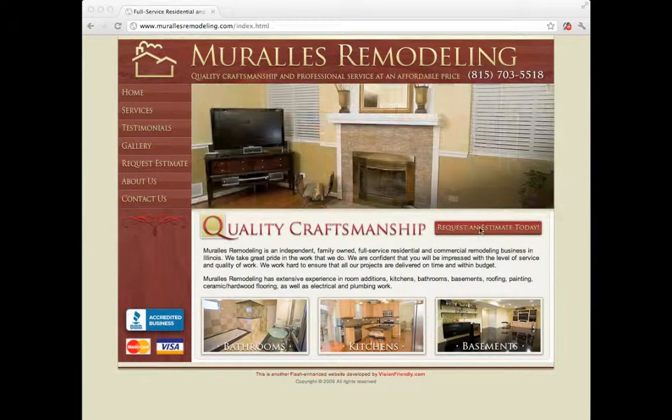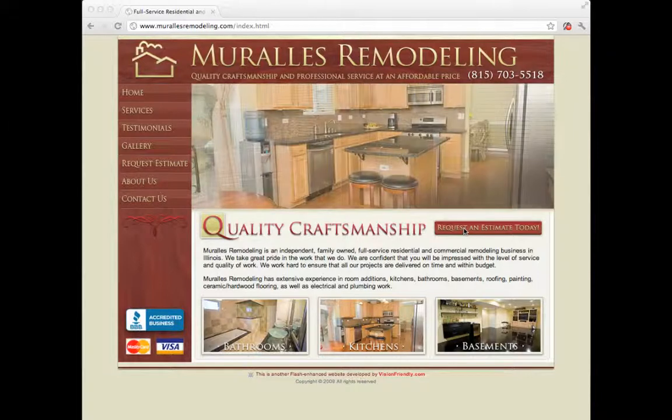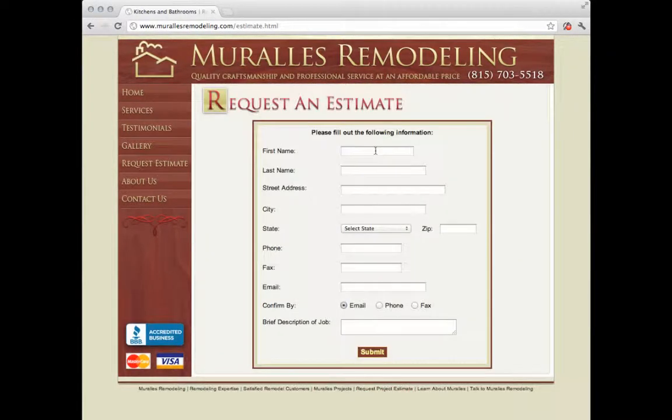Quality craftsmanship. Request an estimate today. Excellent. I like that there's a button right here. You can get an estimate. Let's see what happens when it clicks. Okay, this is good. Fill out a little form. People like that. One thing to mention is you can get